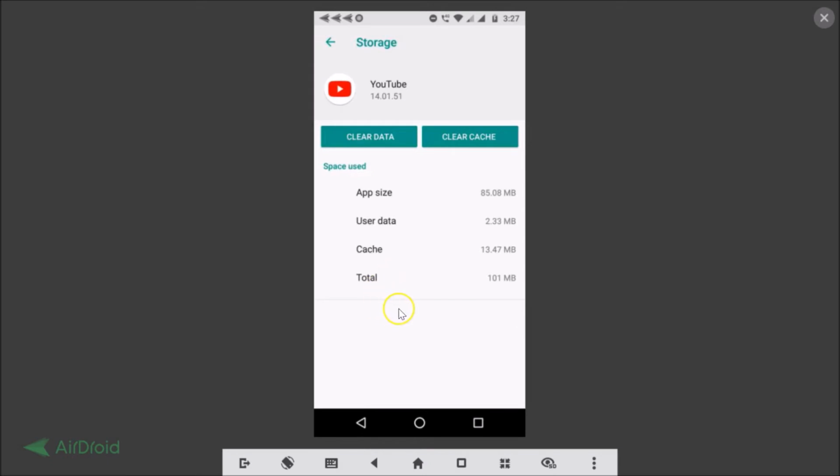Okay, and also you need to restart your phone if you don't get it. Okay, so try all these methods, and